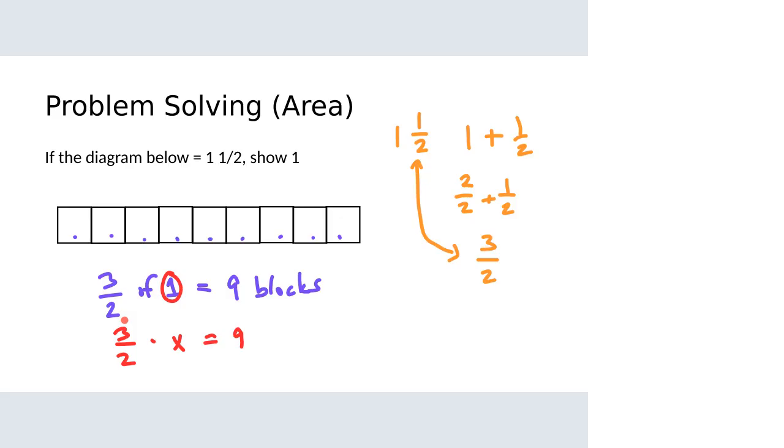And if you don't remember, that's okay. We haven't done a ton of solving equations in a while. If it's a little rusty or you don't remember, it's all right. We're definitely going to talk about it, but how to get that x by itself. If 3/2 of 1 is 9 blocks,